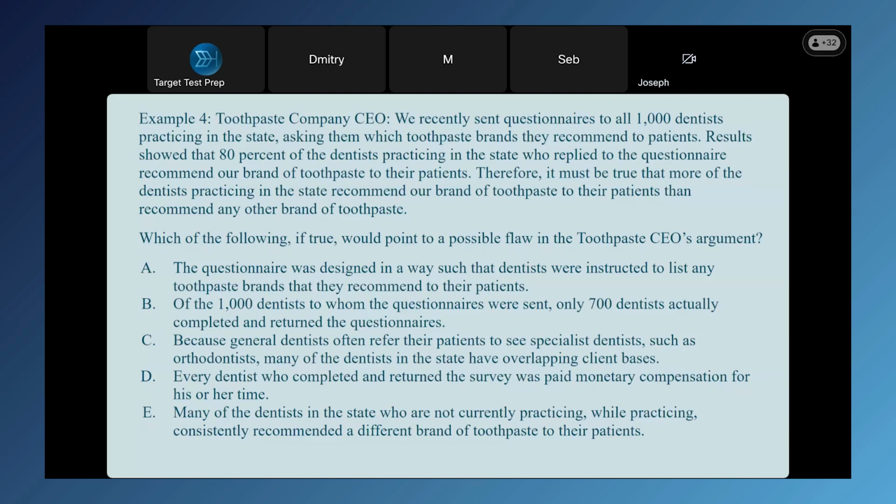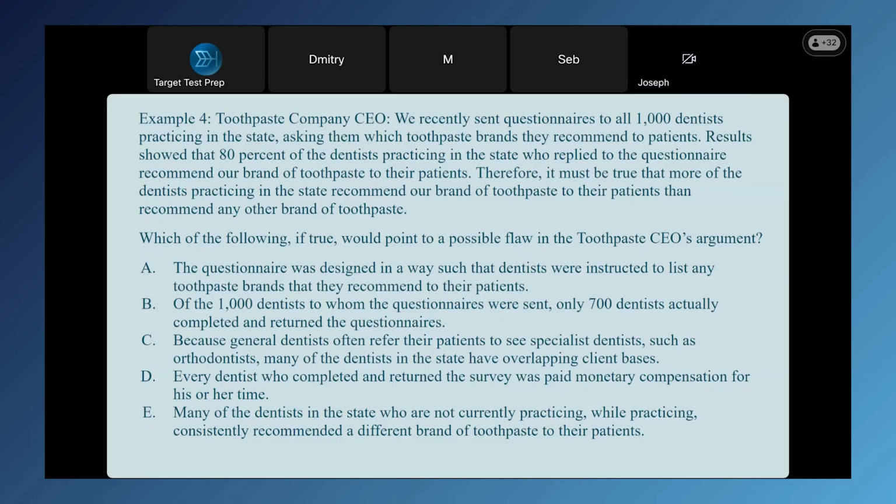But if all of the dentists that recommended their toothpaste also recommended the other equally prevalent brand, then this conclusion doesn't make sense. So A is a logical flaw, and it even says in the argument which toothpaste brands they recommend to patients,